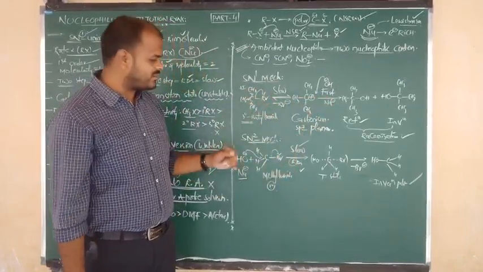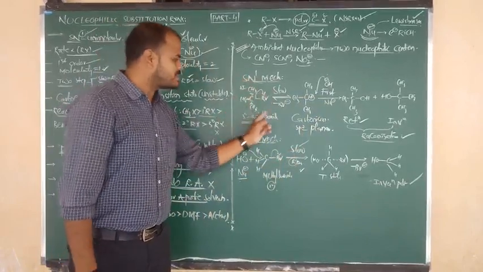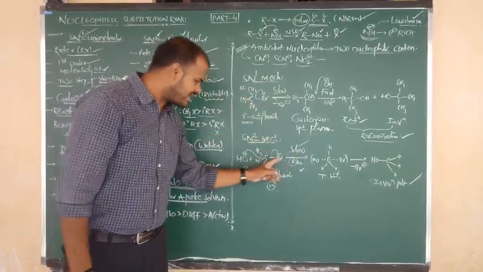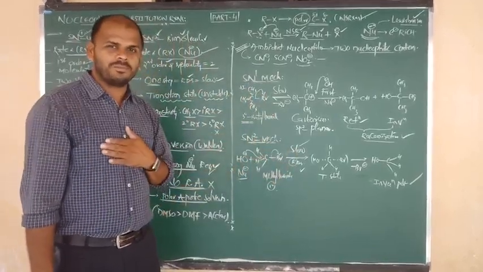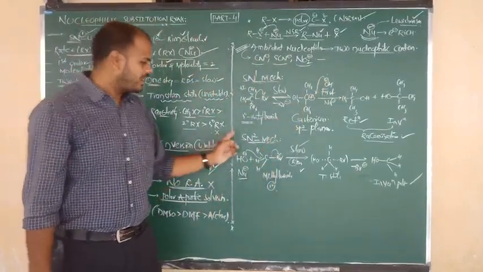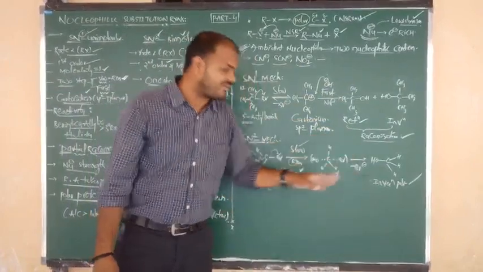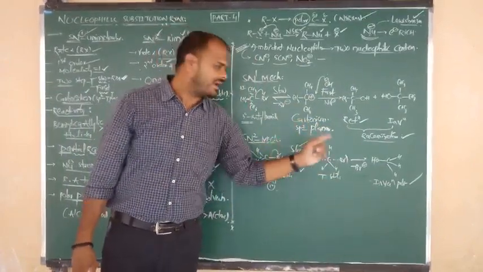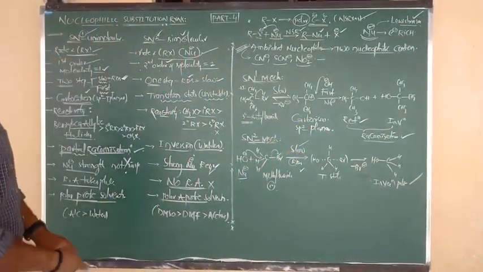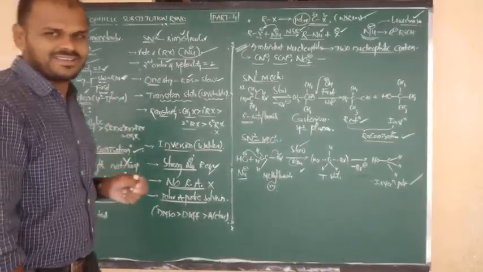The first one is slow in SN1; here only one, that is the only slow step. In the slow step in SN1, rate depends only on alkyl halide. But in SN2, in the slow step, rate depends on two: one is alkyl halide and one more is the nucleophile. In SN1, tertiary butyl bromide changes into tertiary butyl alcohol. In SN2, methyl bromide changes into methyl alcohol, but in reverse arrangement of hydrogen, that is called the inversion product. This is the story about the SN1 and SN2 nucleophilic substitution reactions. I hope you understand this clearly.